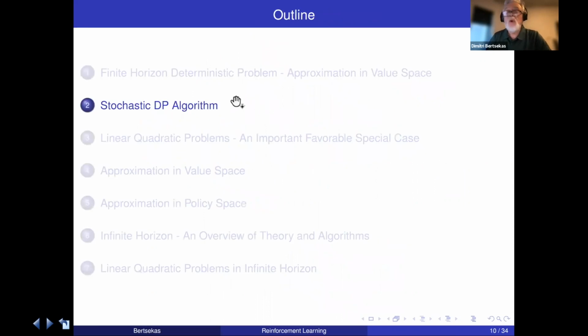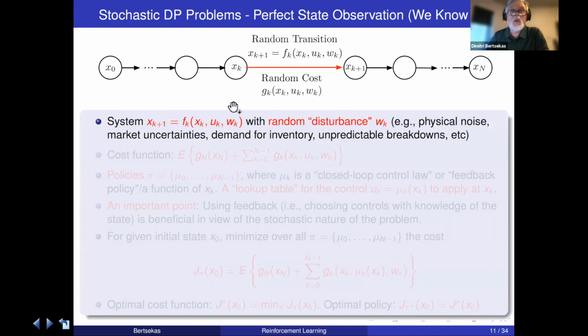Okay, so now we're going to go into stochastic dynamic programming, and we're going to go from exact to approximate and so on. In stochastic problems, when you transition from a state to the next state, the transition involves some randomness. Even after you choose the control, there is no guarantee that you're going to land at any particular state. There is a probability distribution over the next states, which is determined by a random parameter,